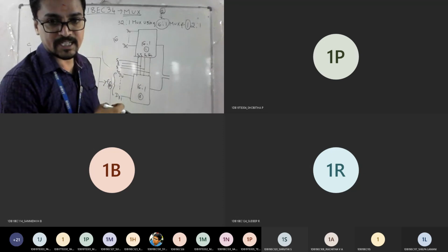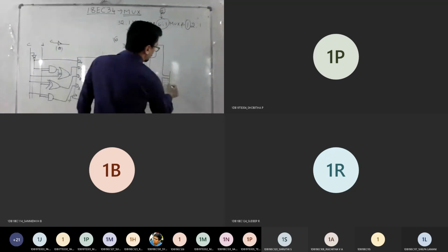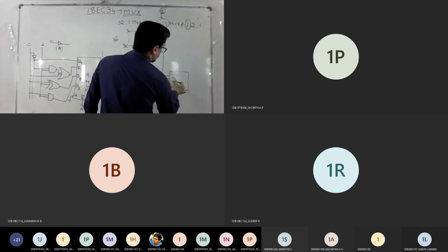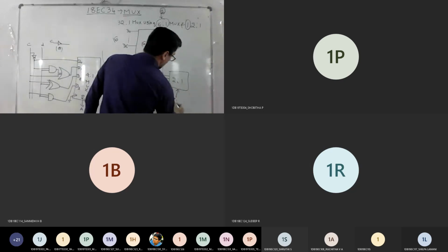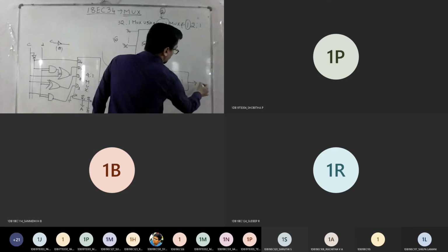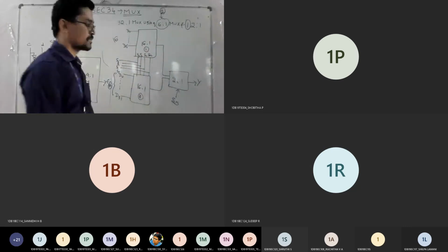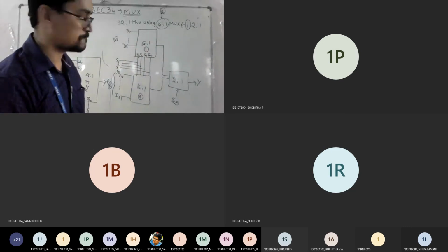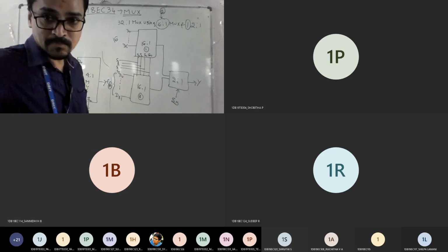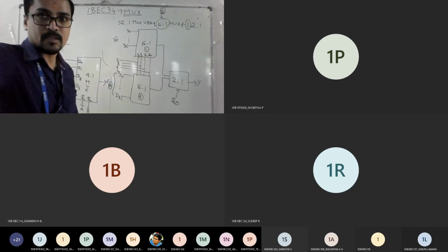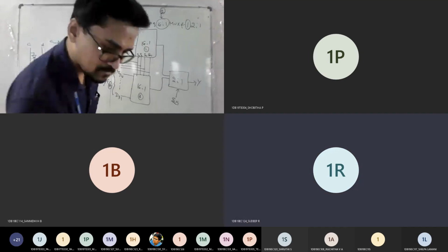But since 5 selection pins are there, I need to make use of one 2 is to 1 mux. So this output will come here and I can control this by S4 and get the output. I hope everyone understood the logic. Have you? Everyone, is it fine? Yes.